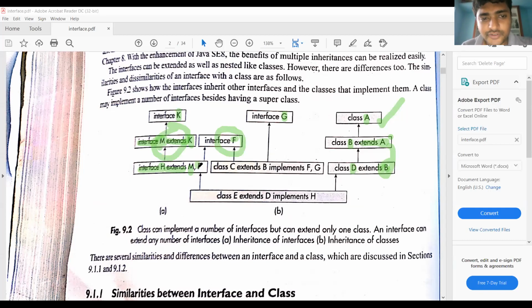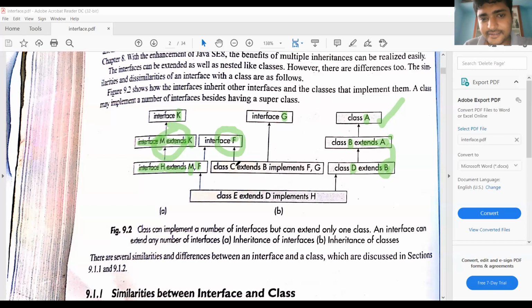In classes, we have only one, either B or A. In interfaces, we can have multiple: M, F, C, G, anything. So an interface can extend multiple interfaces. A class can extend only a single class, whereas an interface can extend more than one interface, M, F.